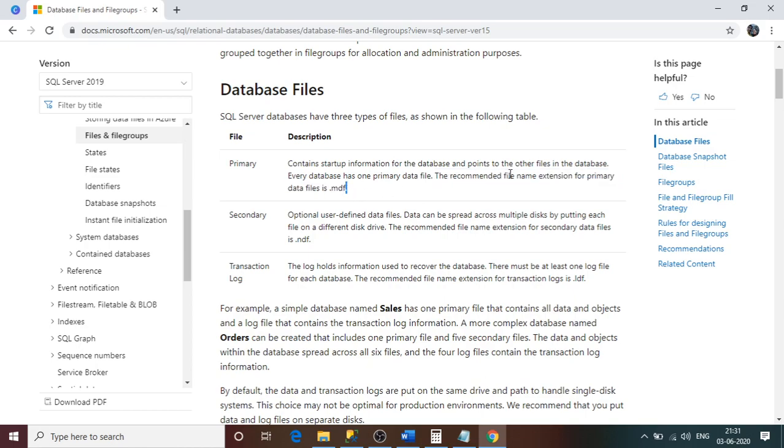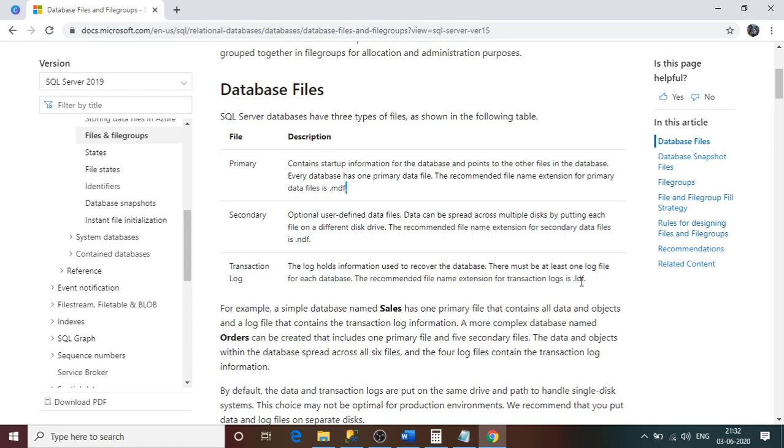So Microsoft is not forcing us to use the .mdf file extension. It is a recommended file name extension. Similarly, for the secondary data file, the recommended extension is .ndf, and the same for the log file, it is .ldf. That means we can create a database with a different file name extension.